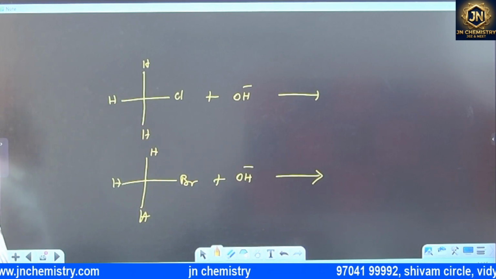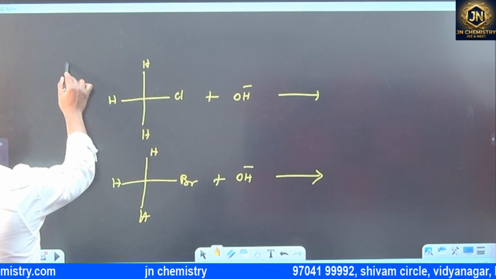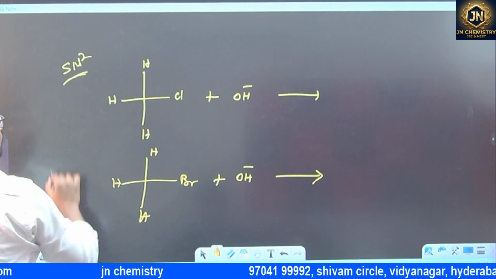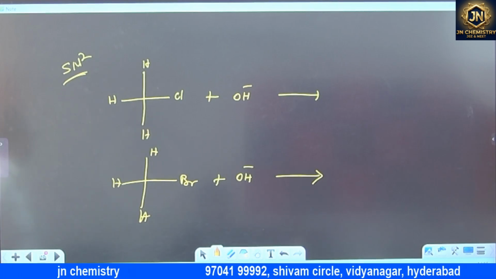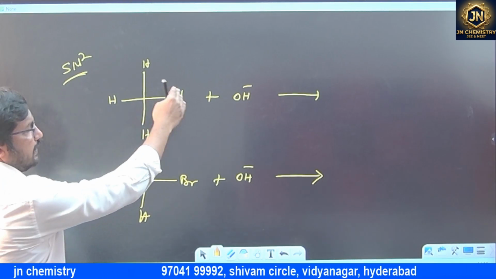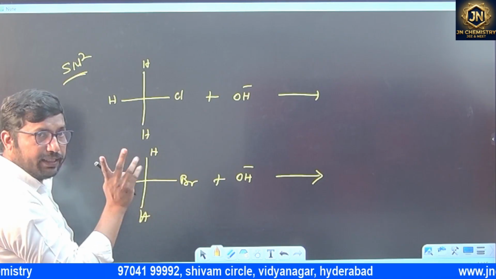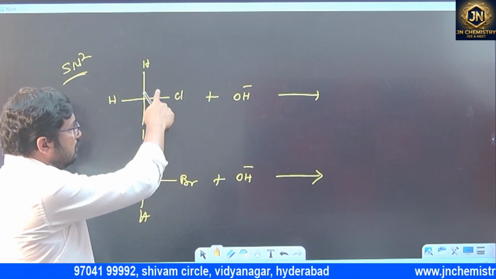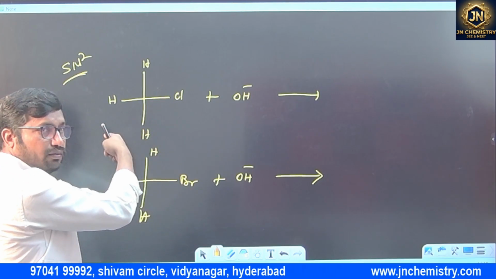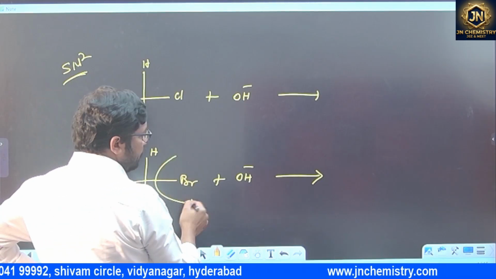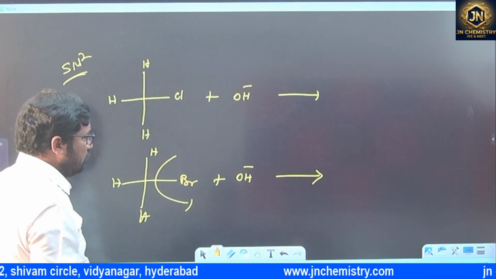Which is faster in SN1, SN2? So the same nucleophile is given. The question is about the nucleophile, or they ask about the leaving group. Obviously Br minus is the better leaving group. So B greater than